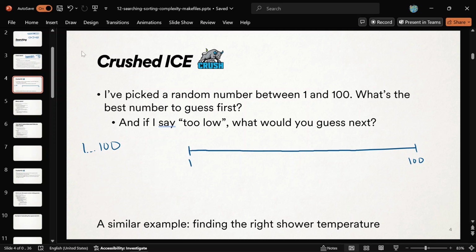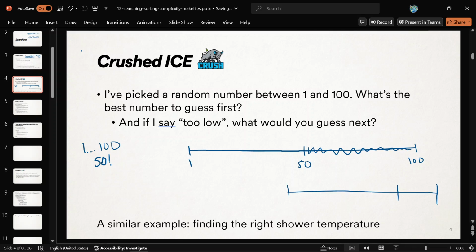I like that. So we want to choose 50 first because you have no control over the random number that I'm thinking of, right? No control at all. And so the reason you'll guess 50 is because you're hedging your bets, essentially. No matter which number I was thinking of, even if it was a big number or a small number, if I say too low, you've just cut off this many numbers, haven't you? And that's much better than you